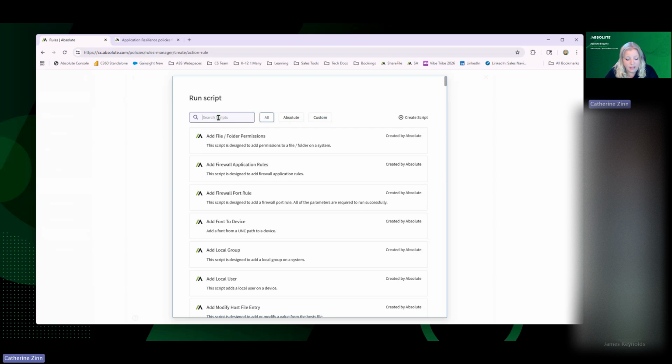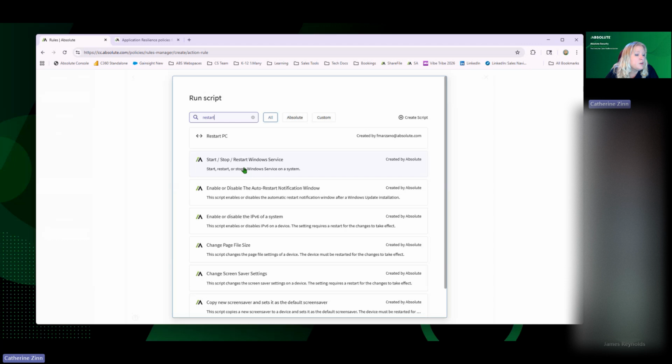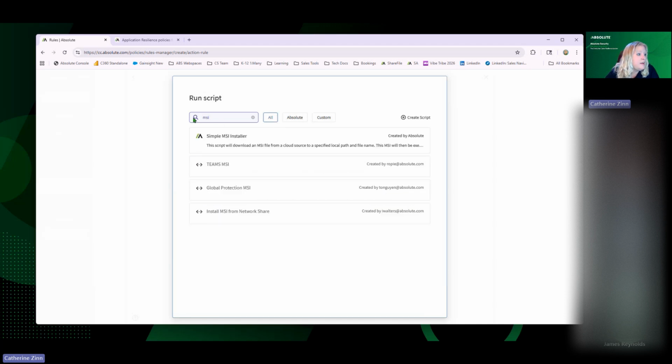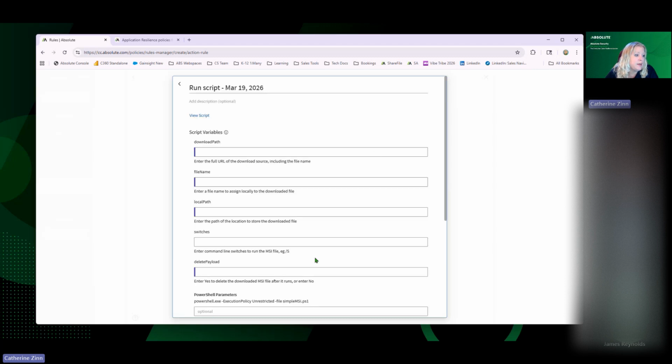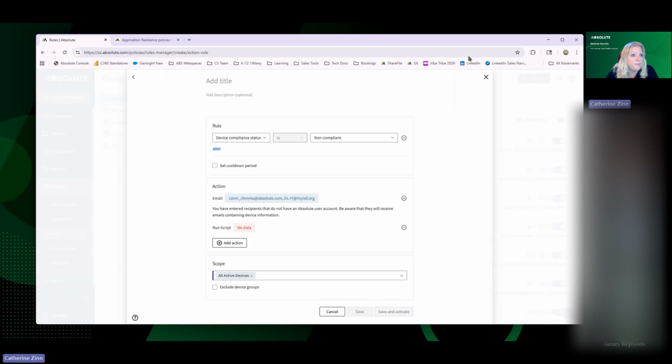But you can do things like, if you type restart, you'll see start, stop, or restart a Windows service. So if you need to do things like that, you can, or a simple exe installer, simple MSI installer. You can choose those and you'll see the required options once you choose one of those, with the download path and all of those things available there. Again, I don't want to go too deep into this, but you can always hit the question mark if you need